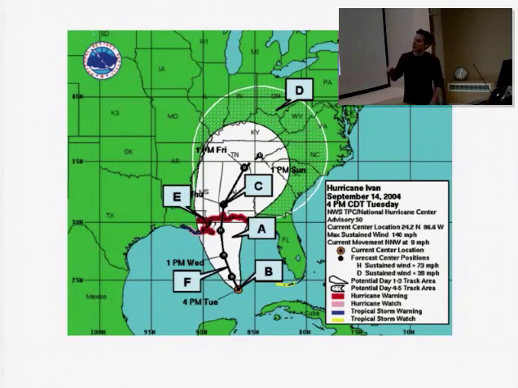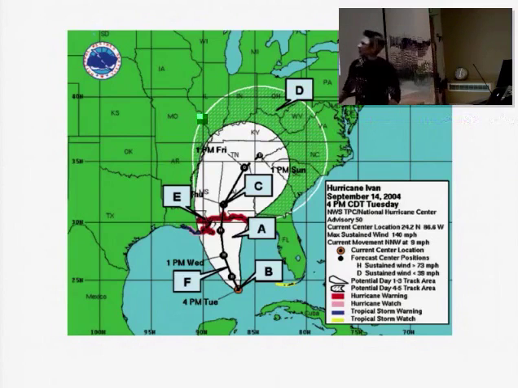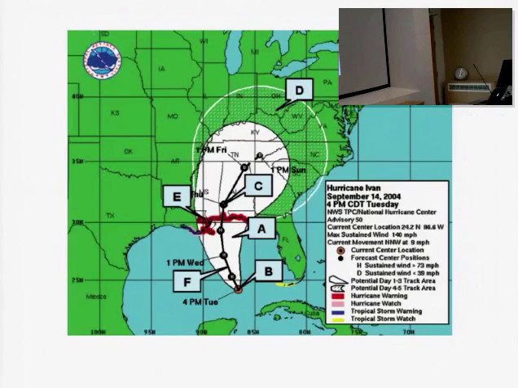The problem with this is that this big white splurge is really, really heavy and dominant, and it doesn't reflect that probability. So if you live right to the edge of the white line, it implies that you're just as likely to be destroyed by the hurricane as right in the middle of the white cone. Whereas if you're just on the very edge, at the tip of Florida, you're absolutely fine, you don't need to worry at all.